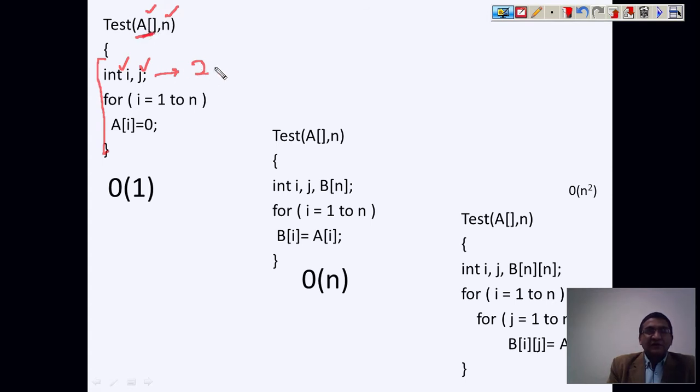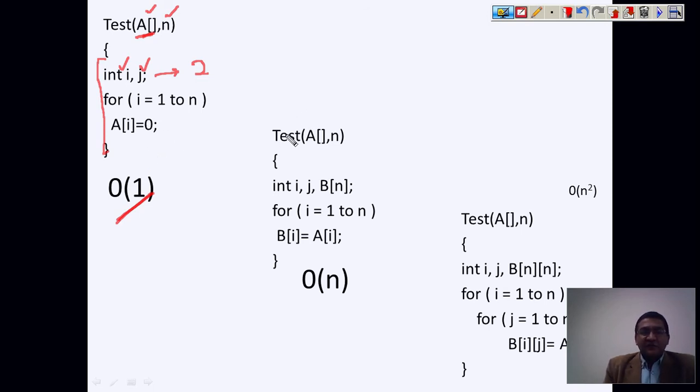So here we need two extra memory cells to get our task done, and 2 means this is a constant requirement. So the space requirement is big O of 1, because it represents the constant memory requirement.